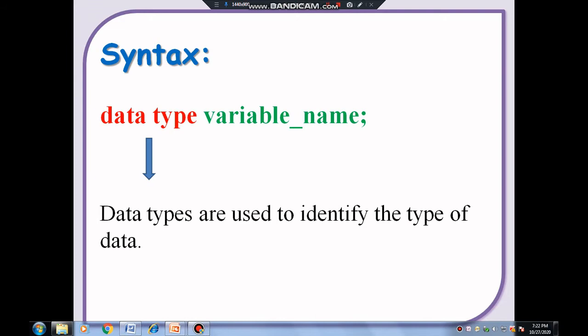So there are different types of data. To identify which type of data your variable is storing, there is a data type. Clear? Now let me take an example, or we do it practically so that you can understand it easily.